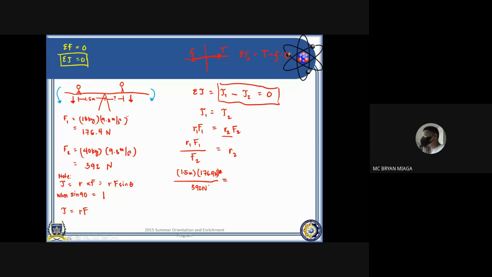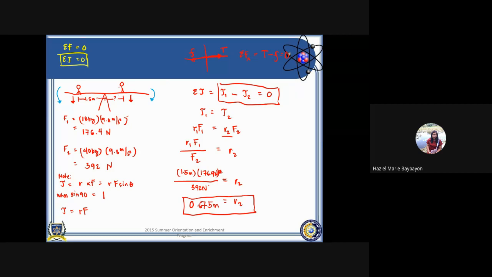0.675, ma'am. 0.75? Okay, 0.675. So R sub 2 is equal to 0.675 meters. Okay, so as you can see, para mabalance sila class, dapat mas duol-duol siya sa pivot point, ang